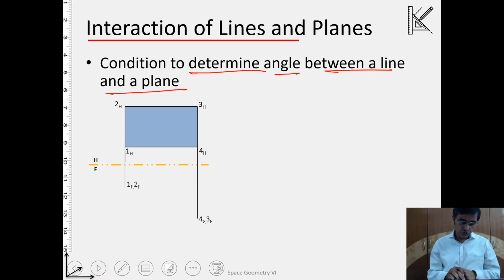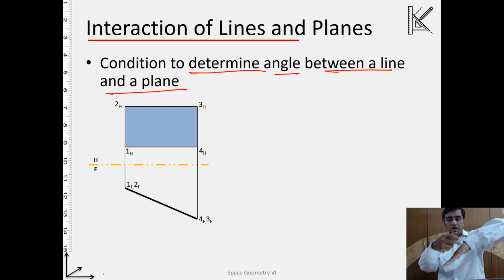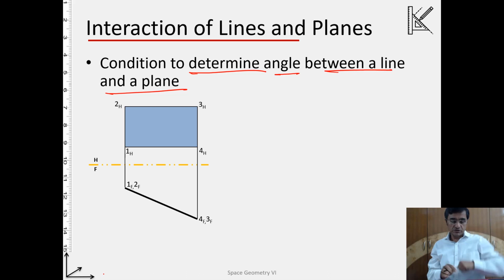Okay, I will show you one example here. Let 1, 2, 3, 4 be a plane, and as you can notice, this 1, 2, 3, 4 plane is something like this. Because this is how the edge view of the plane is being seen on the frontal plane or the frontal projection. You're seeing on the frontal an edge view. All right, so the meaning is this plane is perpendicular to the frontal, and this plane is being projected onto the horizontal as a foreshortened one. So this is the one.